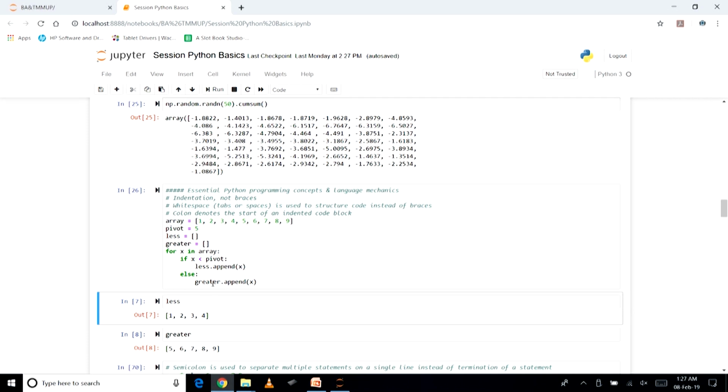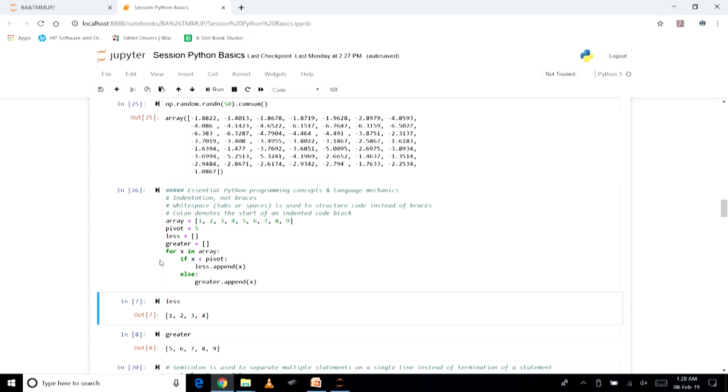You can see a for loop, the first statement being for x in array, and the colon is used to denote the start of an indented code block. Then we have the conditional statement if, and again a colon because another indented code block is going to start, and then we have else and a colon, and another indented code block starts.